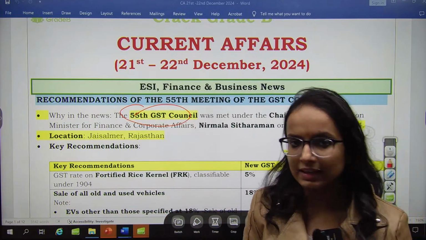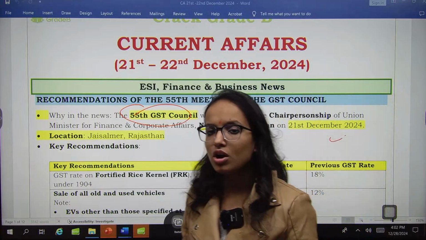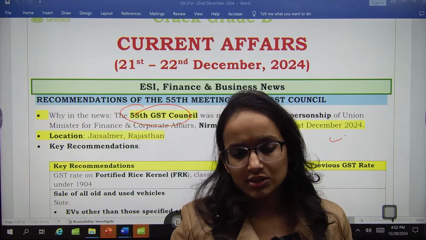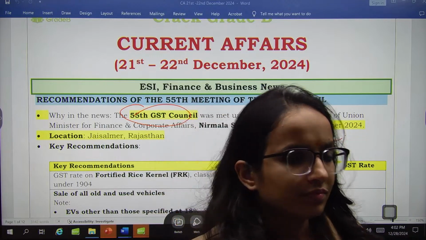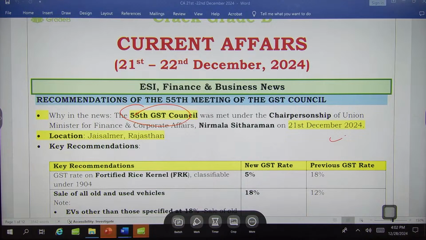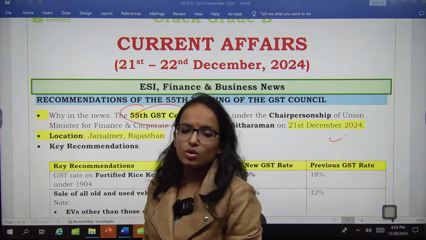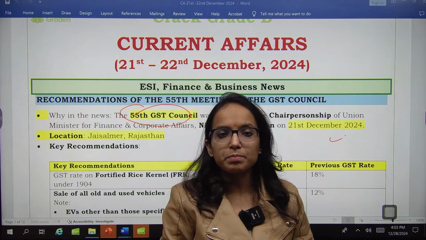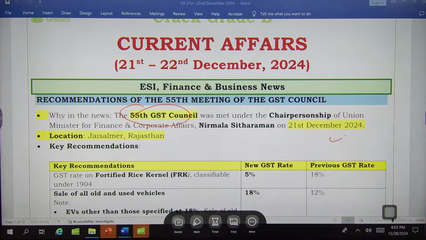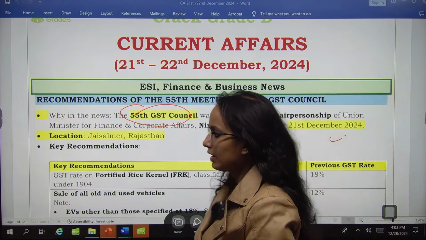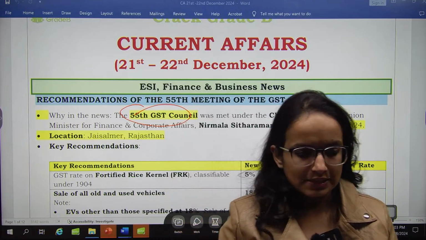55th GST Council recently concluded on 21st December under the chairmanship of Finance Minister. You must be knowing this. Who chairs the GST Council? Quickly tell me. Who is the chair of GST Council? Finance Minister, right? And who chairs the MPC, Monetary Policy Committee? Anyone? Anyway, remember GST Council is headed by Finance Minister, and the Monetary Policy Committee is headed by RBI Governor, and